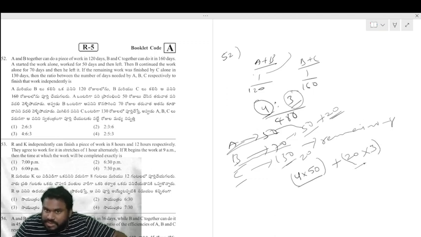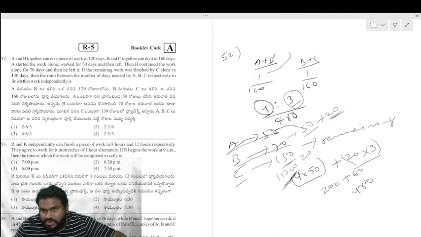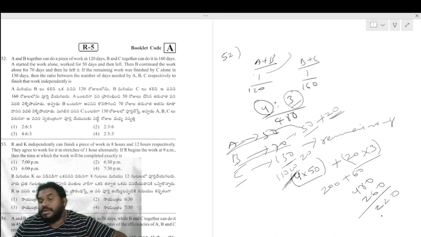So this many works are completed by A and B and C together when they are with one another. So 110 works remaining out of 130. That is completed by only C alone. Okay. So now what I'll do, out of 480, this 200 plus 60 is completed. So out of 480, I'll remove 260. So when I remove 260, 220 is remaining. So 220 work should be completed by C alone